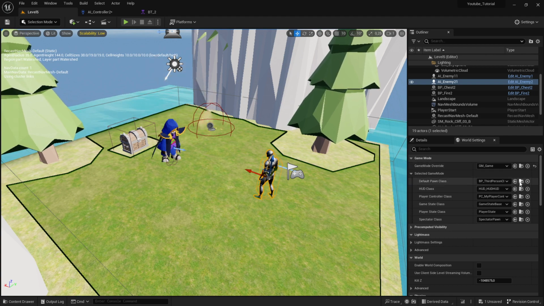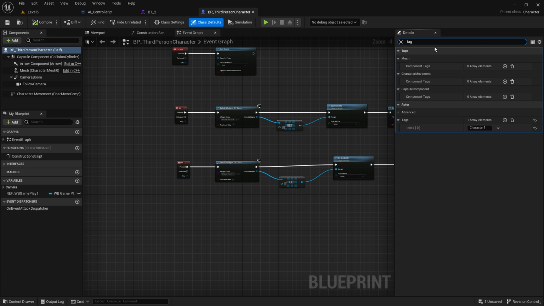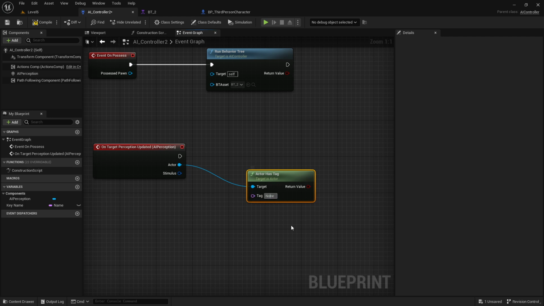In here I find my player character, I open up this one. This is my player character. I go here to the details panel, I write here tag, I jump here to Actor Tag, not the mesh tag or something like that, and then I go here to the tag system, and here if you have nothing, you press plus, and write the name of the tag which you want. In my case I called it just Character 1. I copy this one here, or you just remember it. Then you go back and you paste this name here in it. And then